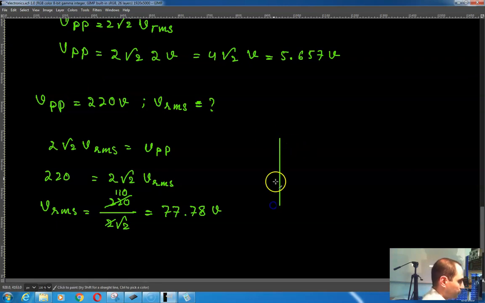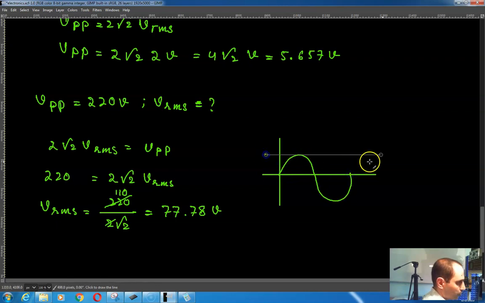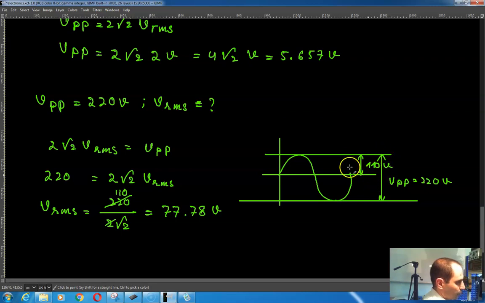That means that basically you have this voltage over here, and your peak to peak voltage is essentially this voltage over here, which is V of PP is equal to 220 volts. And so half of that would be the peak voltage, which is this voltage over here, which is half of this, would be 110 volts, right? Now,